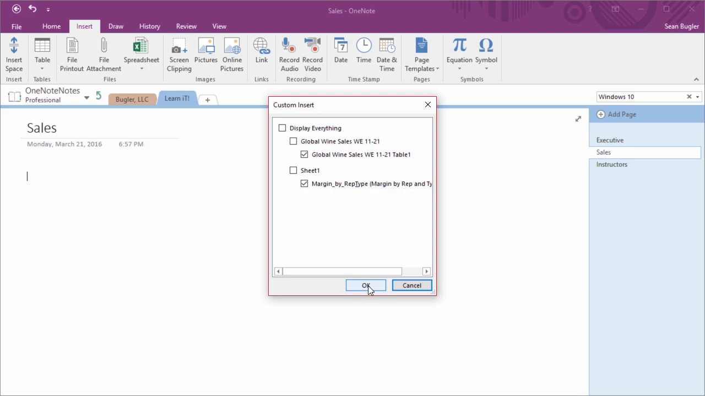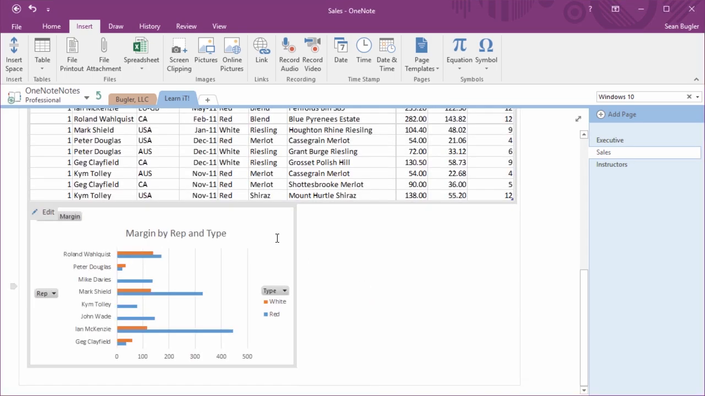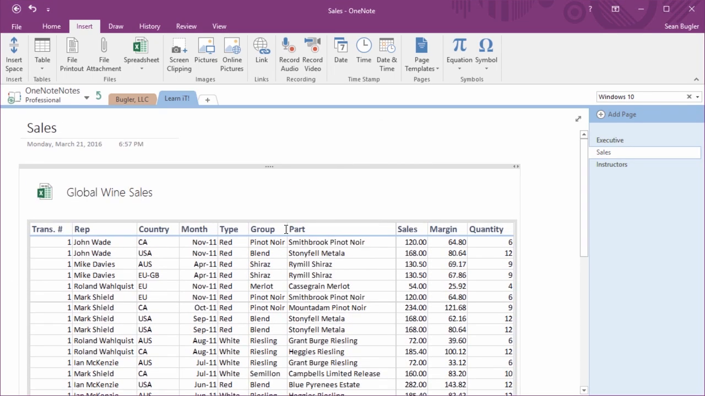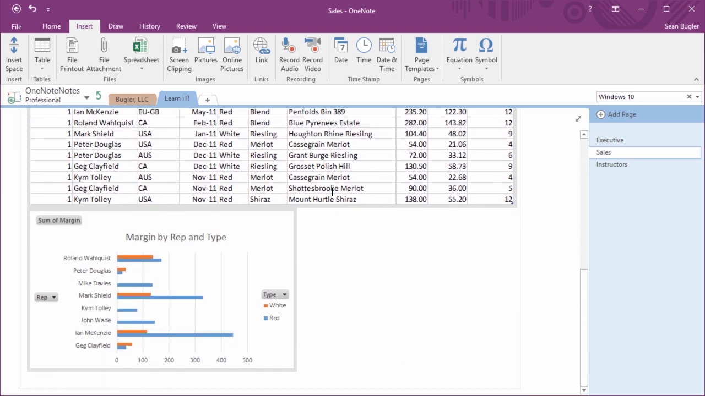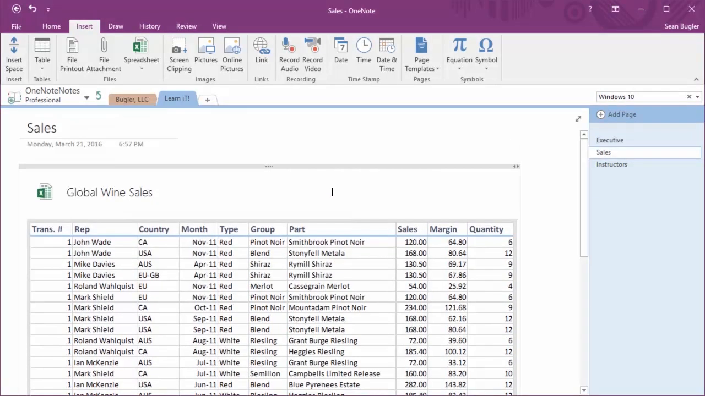I'll click OK. And there you go. Notice that there are no blank cells. It only inserted exactly what I wanted. So you can see that there is a modicum more control when it comes to dealing with Excel files inside